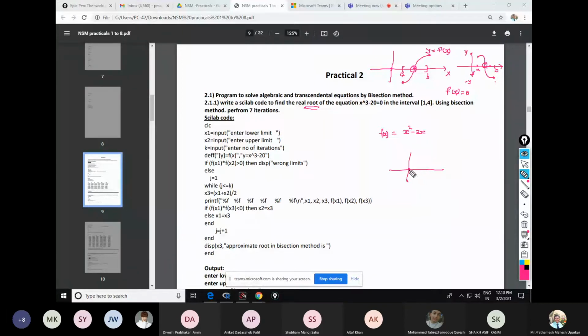At 0, the function value is 0. Where else is it 0? For the second-order expression, I can easily simplify x squared minus 2x into x into x minus 2. When I equate x into x minus 2 to 0, I get either x is equal to 0 or x minus 2 is equal to 0. So I have the graph of this function like this. This is point 2 and this is point 0. So I can say that 0 and 2 are the roots of this equation.